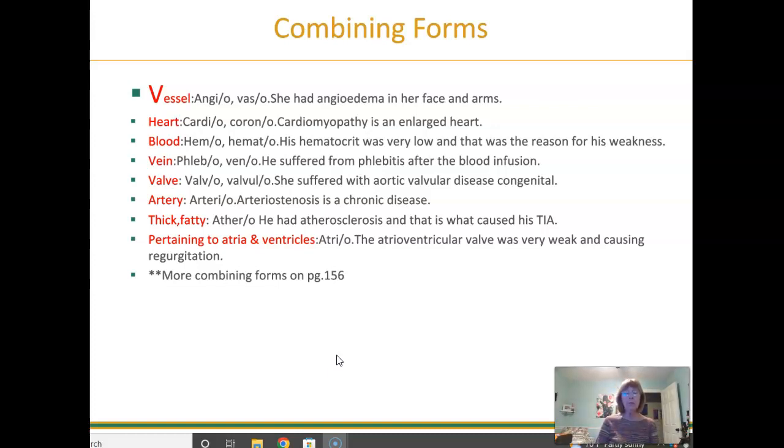So for the first combining form, if you see on this slide, vessel, the combining forms that they're going to be using are angi and vas. They both mean vessel, so you have to look at how it's being used. So angio, like angioedema. She had angioedema in her face and arms, and that's fluid that's up underneath the skin,